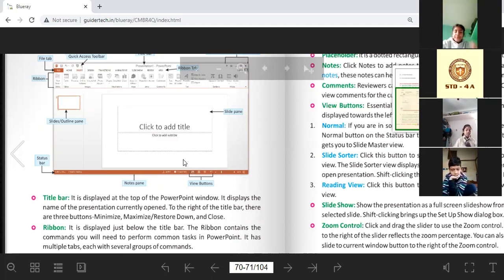In that tab, there are many commands. Like if we stay there in the File tab, we have text, we have picture, we have slide masters, and so on. If we go to the Home tab, then we are going to see text, pictures, slide masters, and so on. If we go to the Design tab, then different types of designs will open. Okay, so each tab contains different commands.